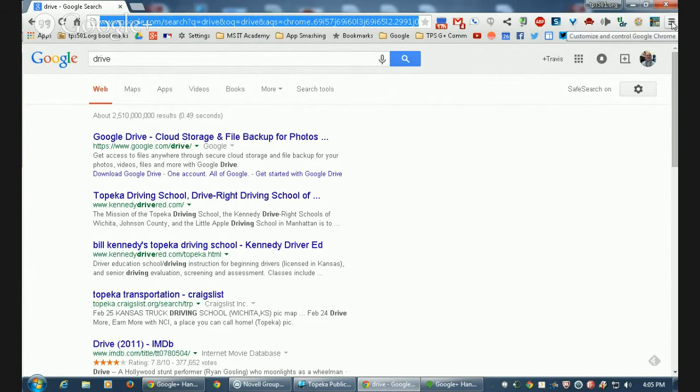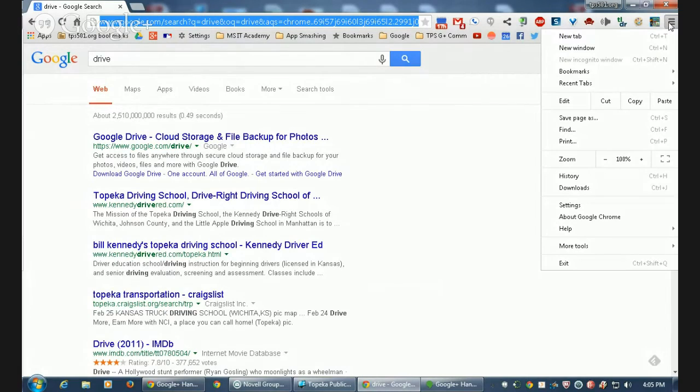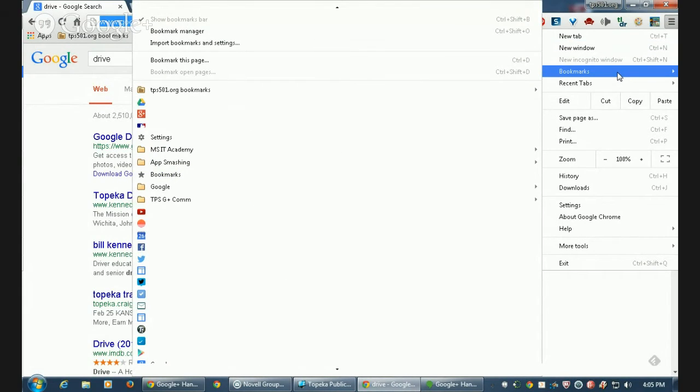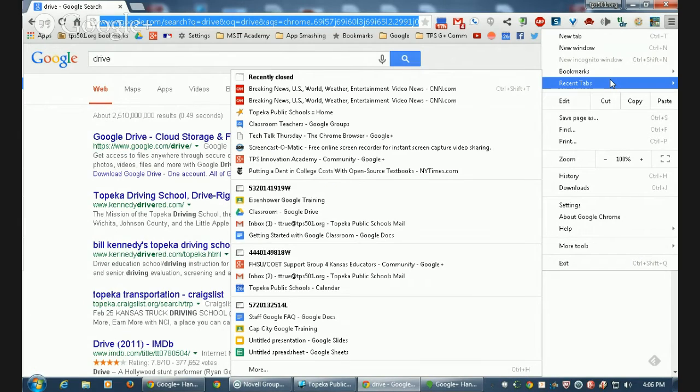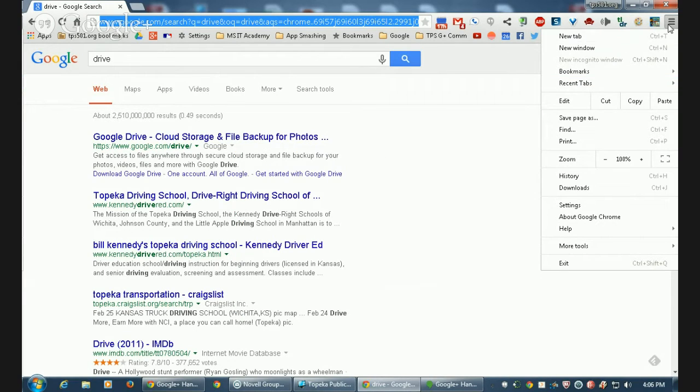That's called the hamburger. And whenever you see a hamburger, there's some sort of settings or menu in there that has some tools. So when I click on the hamburger, I can create a new tab in here, create a new window, and I can click on bookmarks. Okay, and we'll talk about bookmarks here in a few minutes. Under the recent tabs, this shows me all the devices that I've been logged into. Okay, so as we go through here,